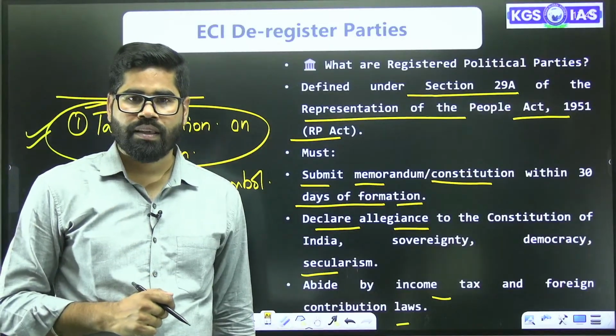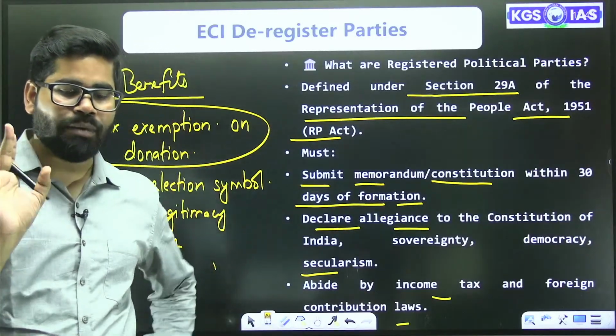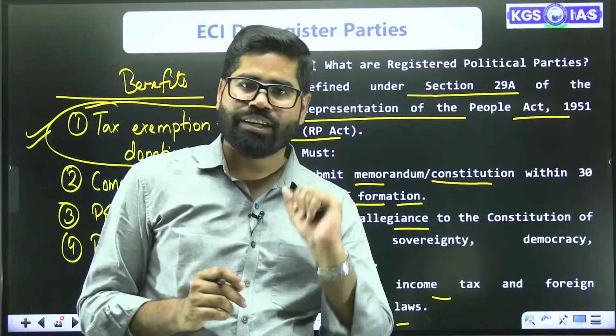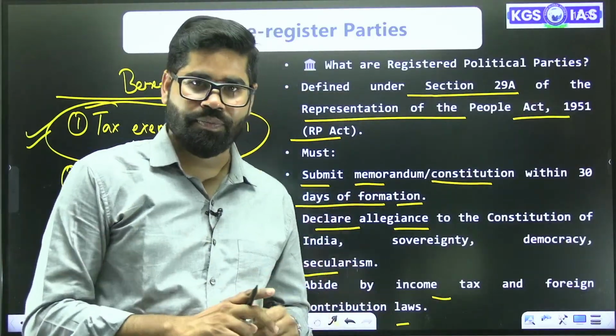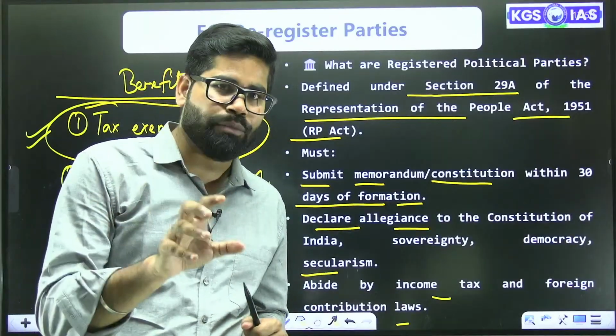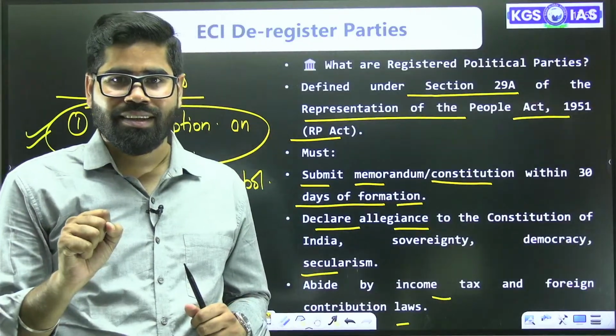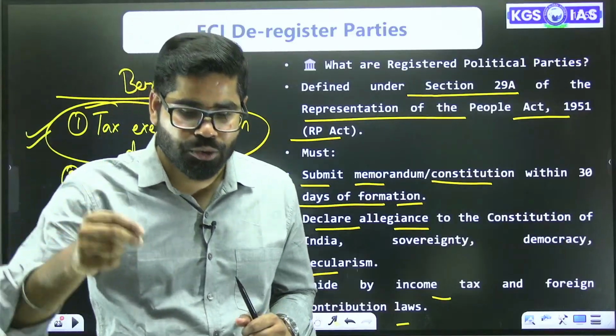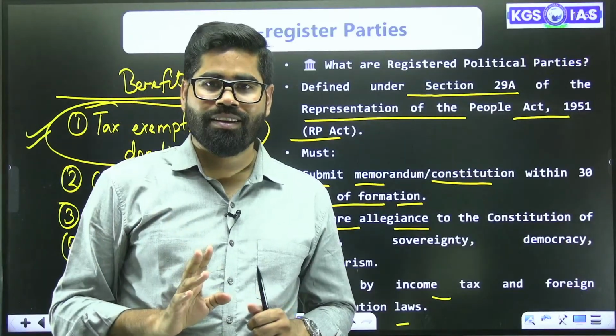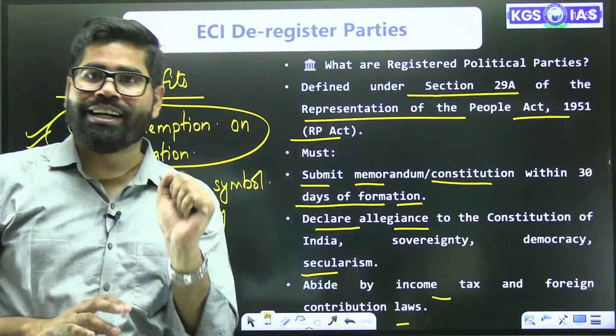We have got near about 2,800 political parties in India. Out of them, near about 750 contested the Lok Sabha elections in 2024. So around 2,100 parties